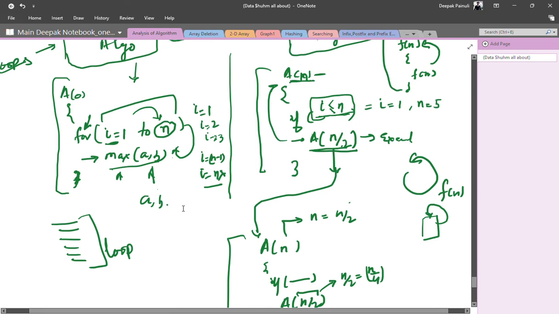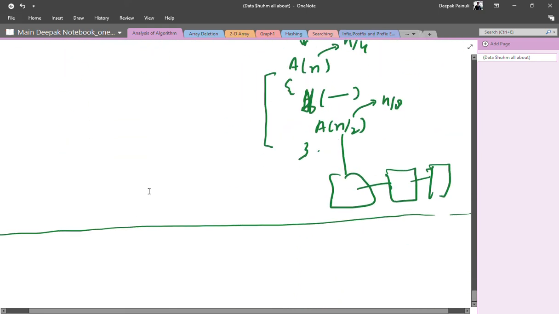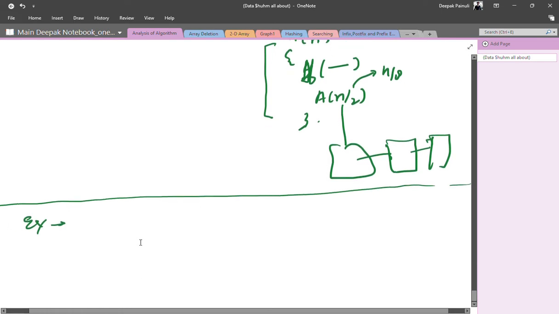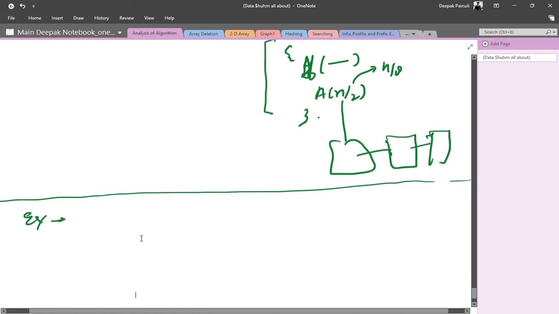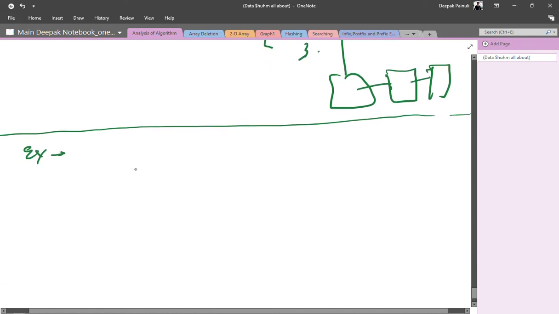So let us understand by example. Let's say we have algorithm A, where an integer variable is defined, right? And this is a type of iterative algorithm.